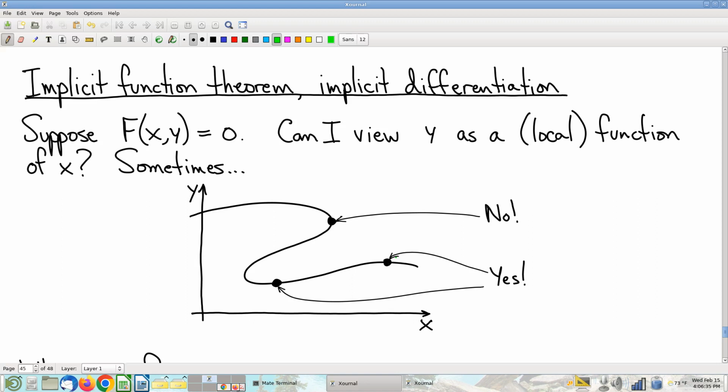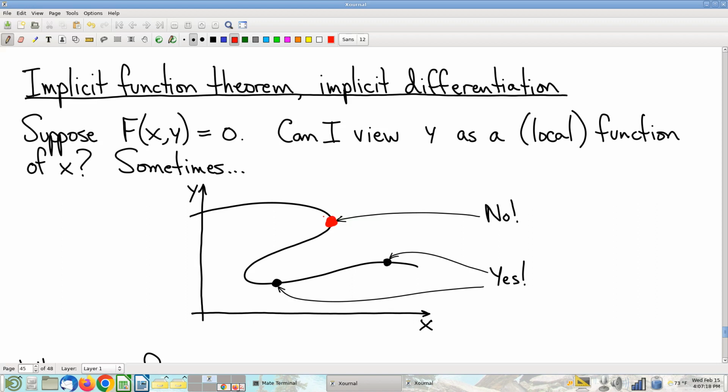So here's the issue. If I'm at a point like this, and if I say dy dx, I can make sense out of what I meant by dy dx at that point. It means, all right, I'm just going to look at this little nearby piece of curve. I don't need to worry about what's going on over there to make sense out of a tangent line at that point. And locally, I can view y as being a function of x. And when I have a function, I can talk about its derivative. Okay, so dy dx makes sense at that point because y is locally a function, and you take derivatives of functions. The problem then, though, if I'm at this point,